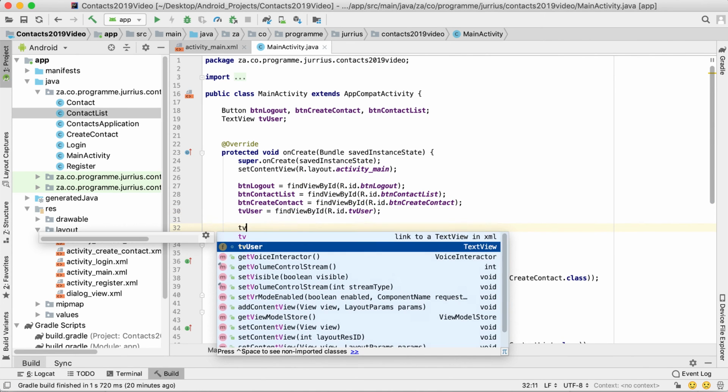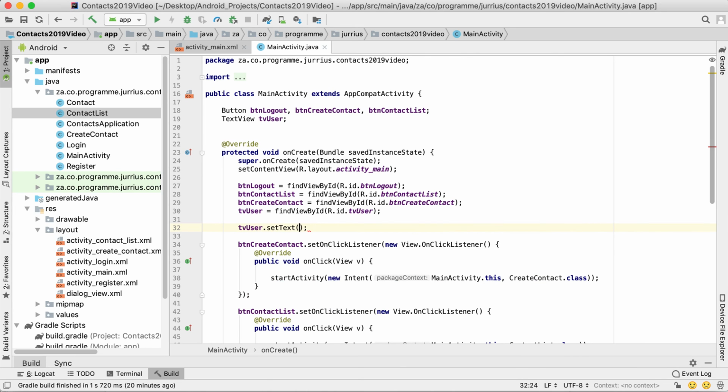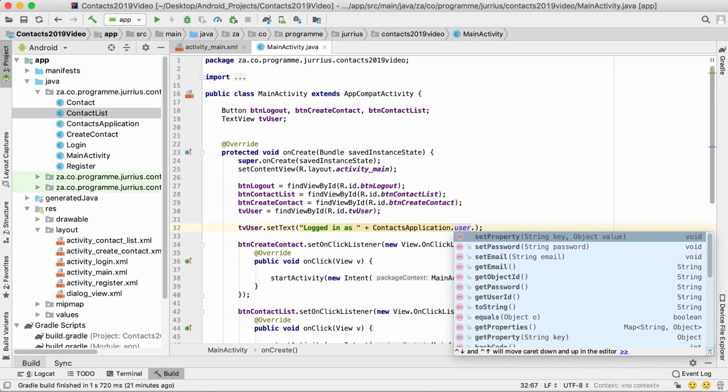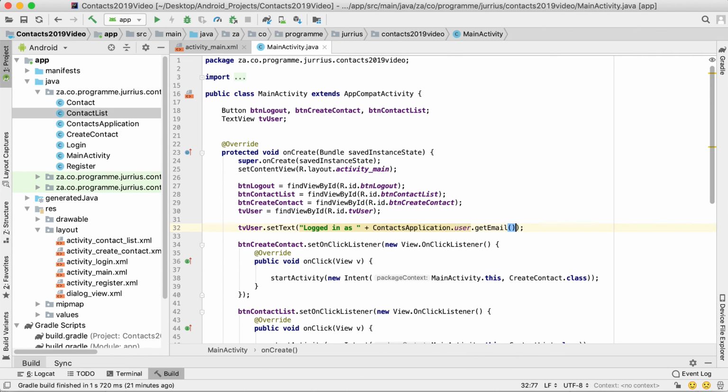So I'm going to say TV user dot set text, and the text I want to set there is "logged in as", and then I want to show that user. So let's go to the application class. We call it contact application dot user is the user that's currently logged in, and we're going to call get email just to show the